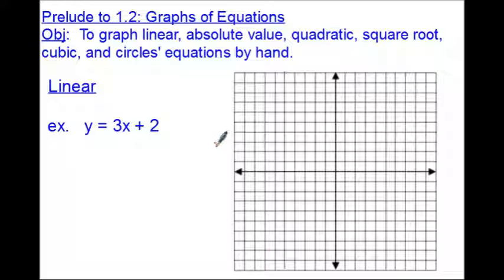Section 1.2 in our book asks us to do a lot of graphing stuff, but without a good background knowledge of how to do some of this stuff by hand, it becomes a little bit ridiculous. So here it is. We're going to be graphing linear, absolute value, quadratic, square root, cubic, and circle equations by hand. Well, starting out with linear, of course we've got an equation such as this, y equals 3x plus